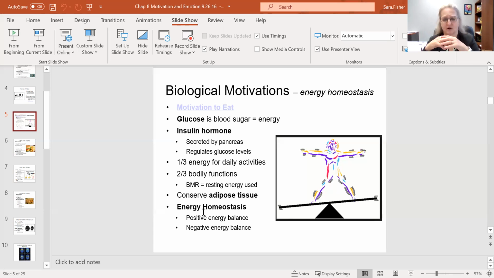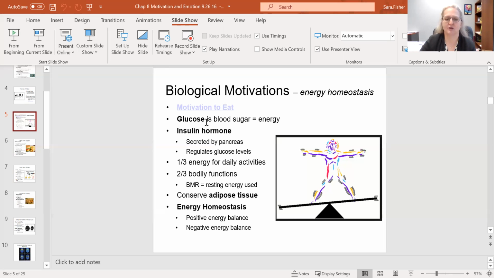Let's see, it says we use about a third of our daily calorie or energy just on functioning, just on breathing. And here's a fun fact. Do you know the organ that uses the most calories? Ding, ding, ding, ding. It's the brain. In fact, the brain uses the most calories of any of our organs. Something called a BMR refers to your resting metabolism. It's how much energy that you use simply to live, simply for all of your organs to function. And thinking actually burns calories. So if you ever wonder why you're tired after thinking, that's why.